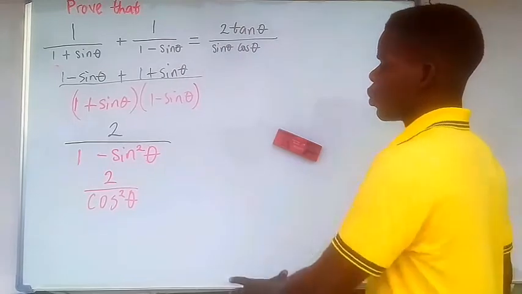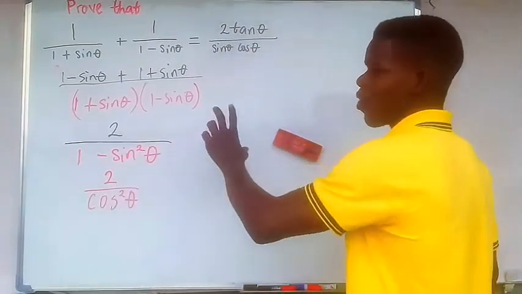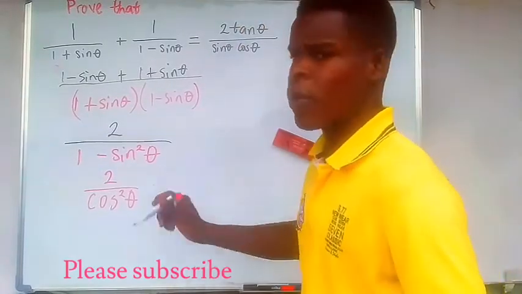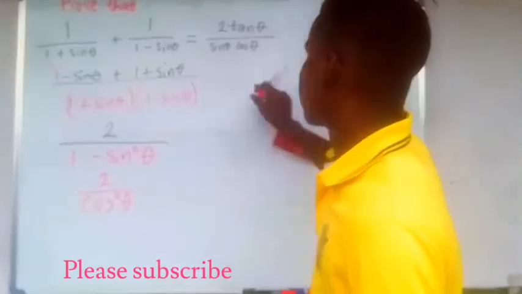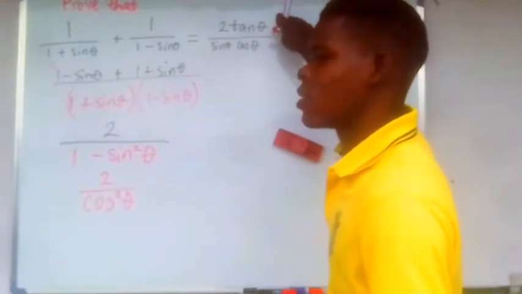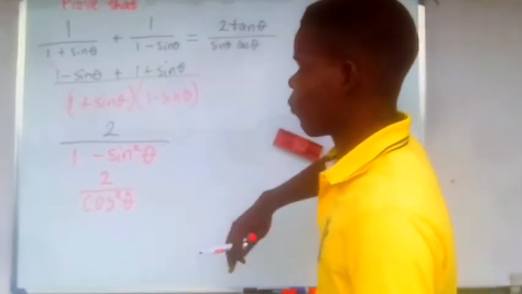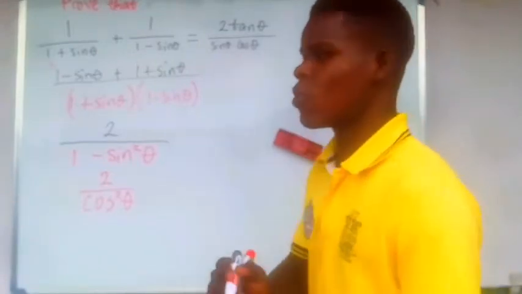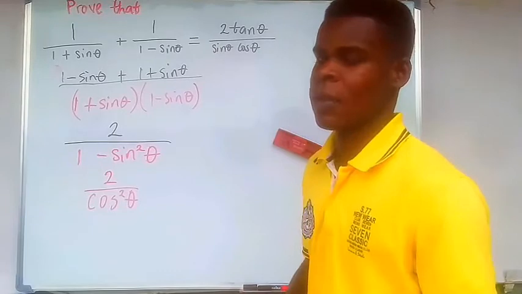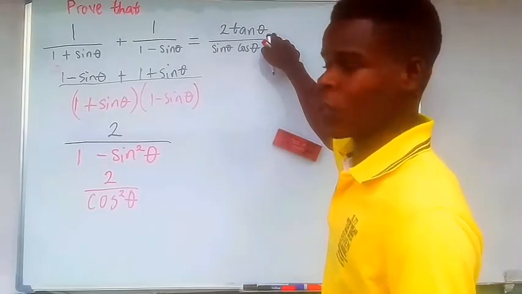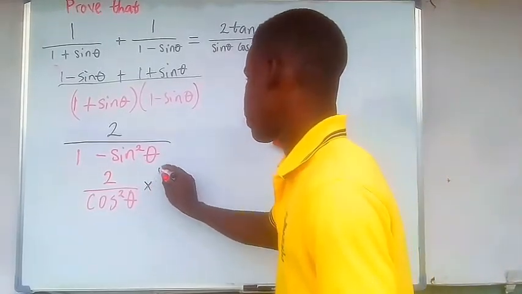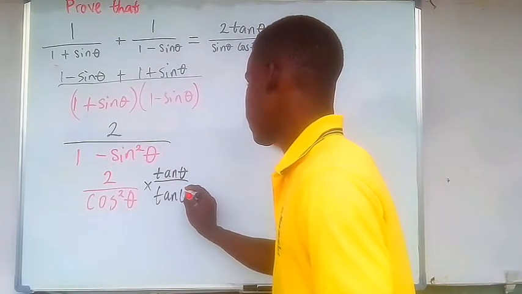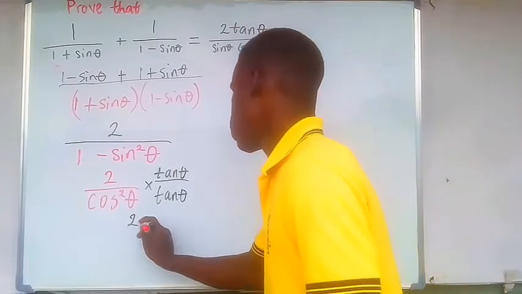Now, look, we've simplified to this point, but our right hand side said 2 tan theta divided by sine theta cosine theta. So this is a problem, okay? From looking at this right hand side, I can see tangent theta here. I've also observed some other things which you need to learn first. So I'm going to multiply the numerator and denominator by tangent theta because I am aiming for this right here. So I'm going to multiply this by tangent of theta divided by tangent of theta. Okay, so this becomes 2 tan theta